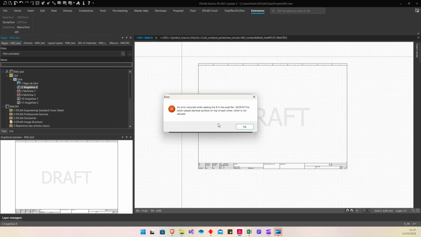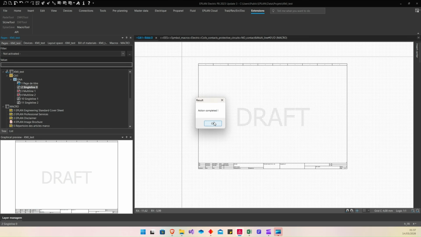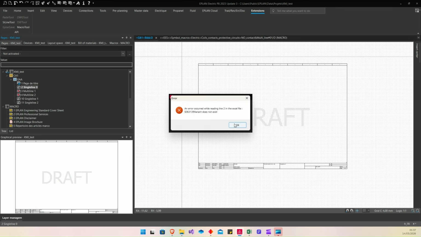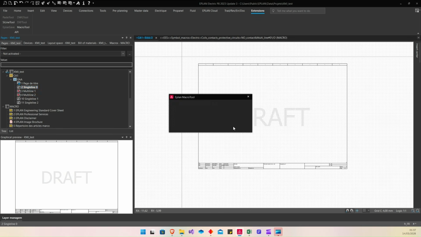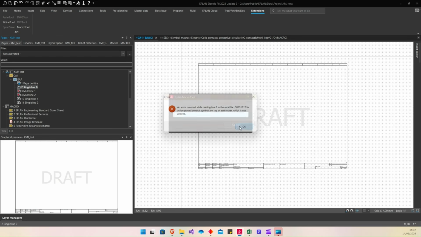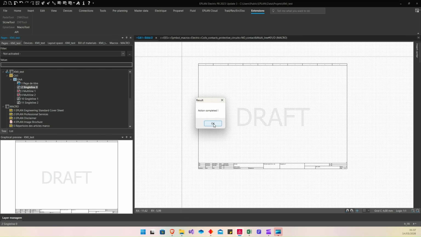That is a very intentional error. Okay, so action completed. In the second page, same error, I think. We wait. Okay, action completed.